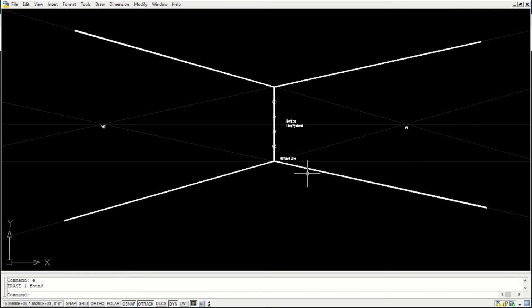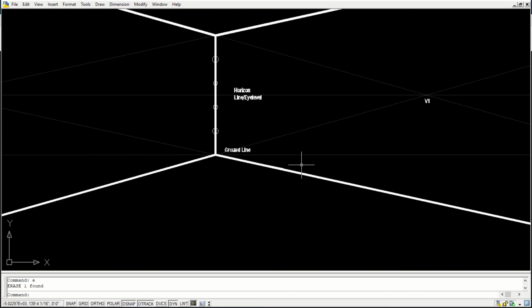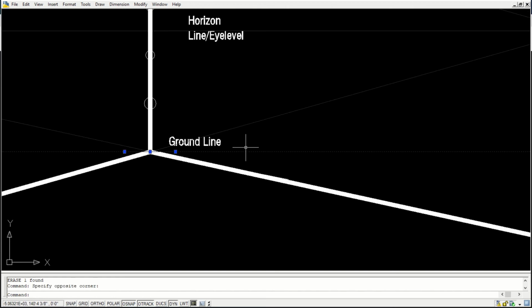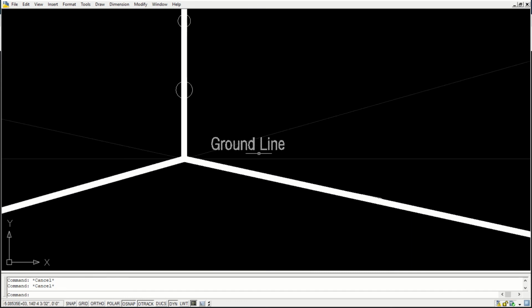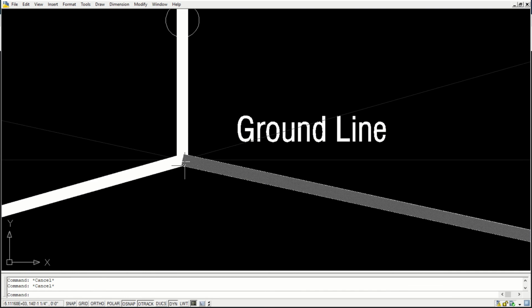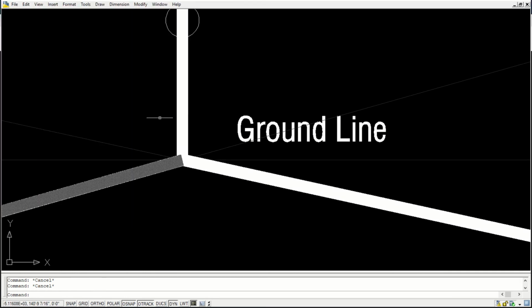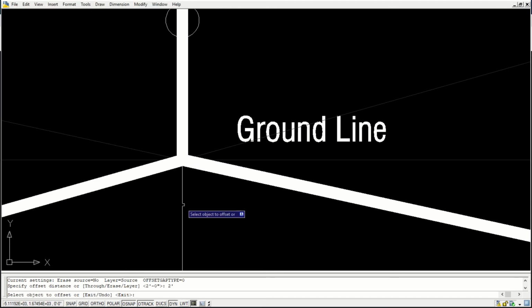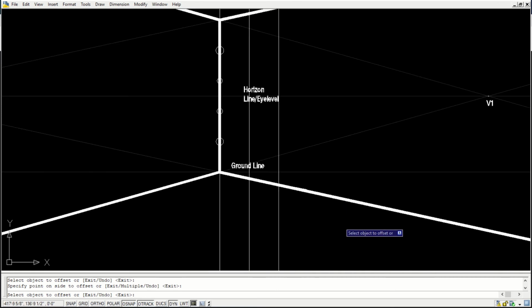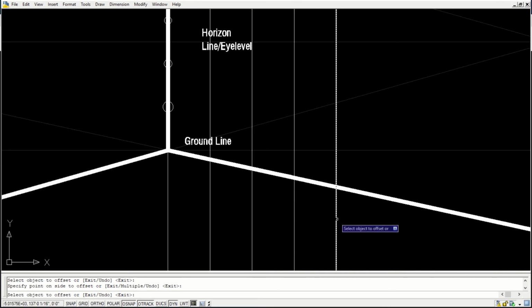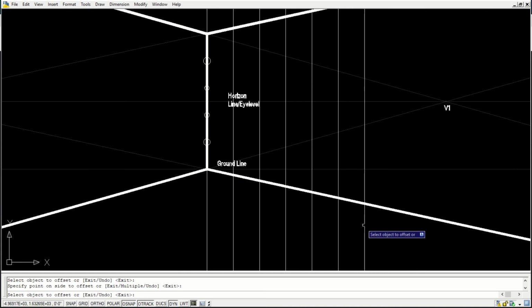The major point that we should understand is how do we draw this base grid. Okay, so where do we draw that base grid? On the ground line. Kindly remember, not here on this vanishing line but on the ground lines. Okay, so now what I do is I'll just draw a 2 feet grid here as well. 1, 2, 3, 4, 5, 6, 7.